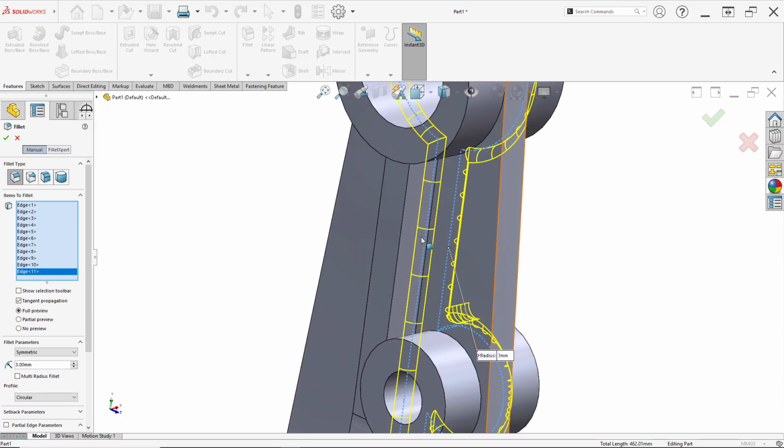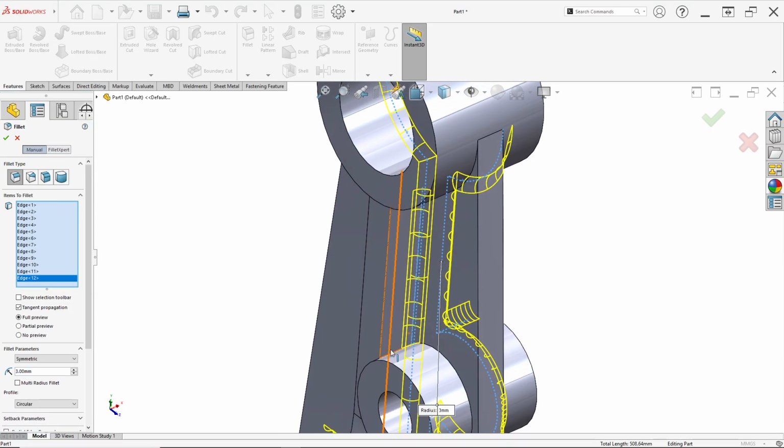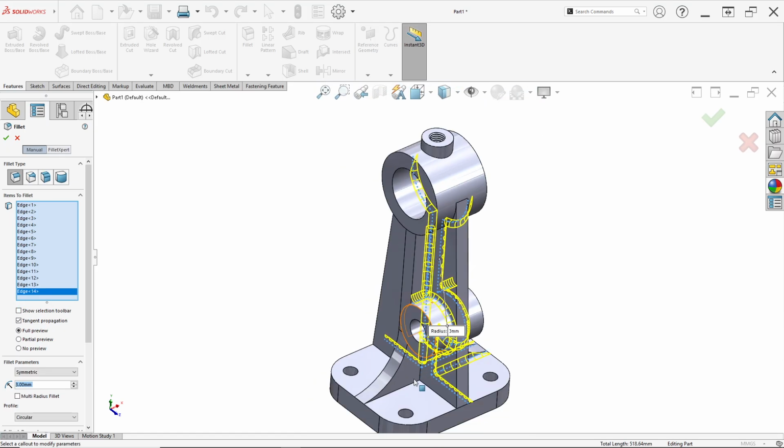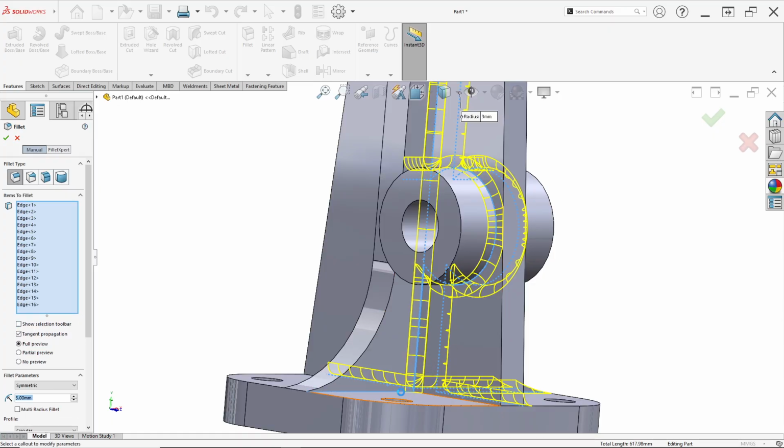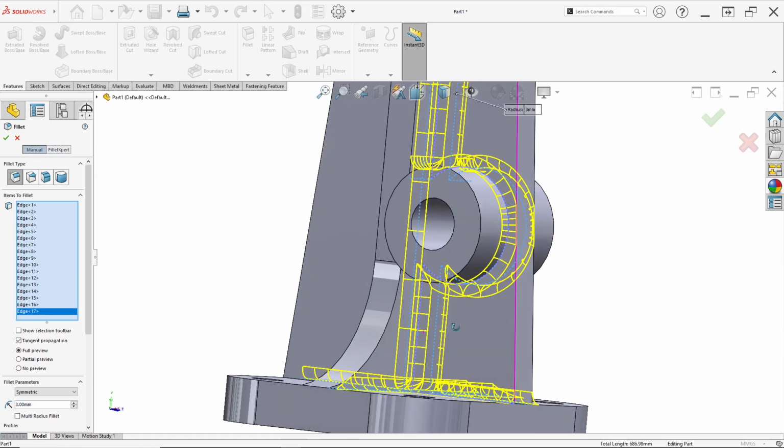And here also this edge, this edge, this edge, and this edge, this edge, and this edge.